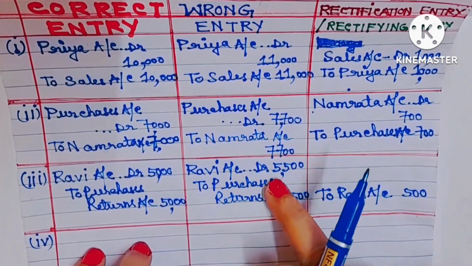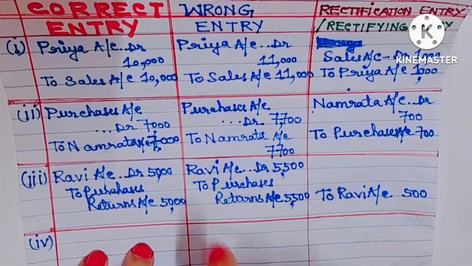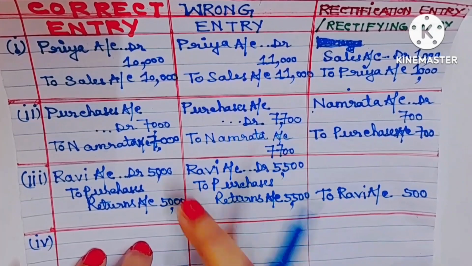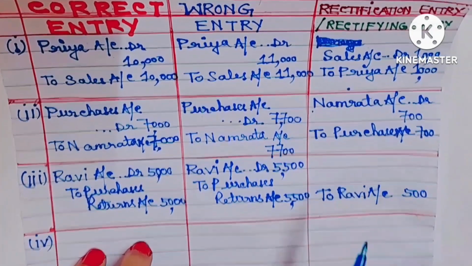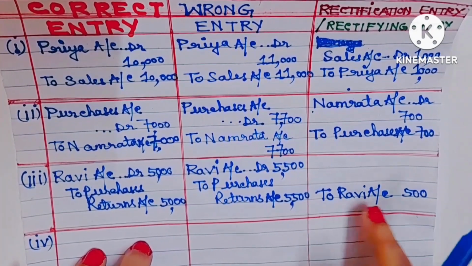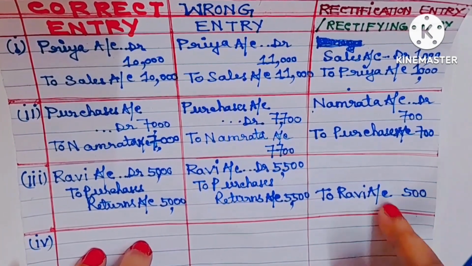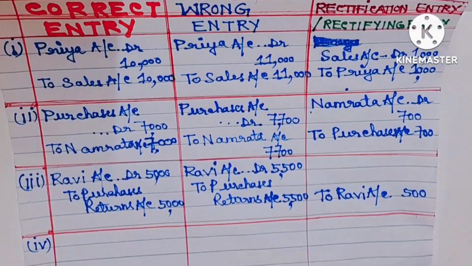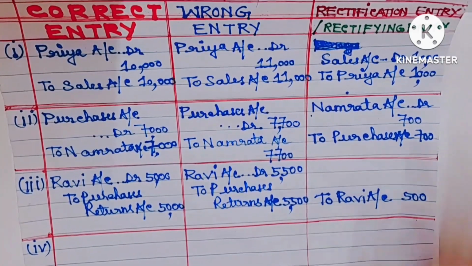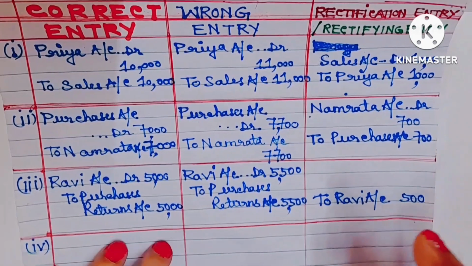Suppose Ravi account debit 6,000 and the correct amount is 5,000. So what is the differential amount? 6,000 minus 5,000 will get 1,000. So the differential amount is 1,000. Then you have to write to Ravi account 1,000 and 1,000 will be cancelled. Understood? যখনই তোমাকে কোনো amount decrease করতে হবে, when you have to decrease the amount, please remember, just pass the